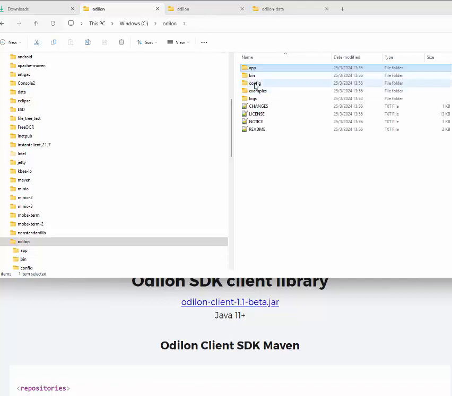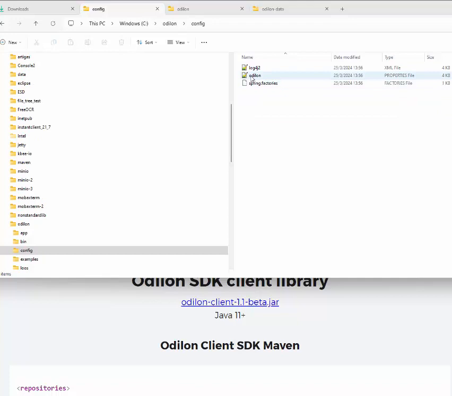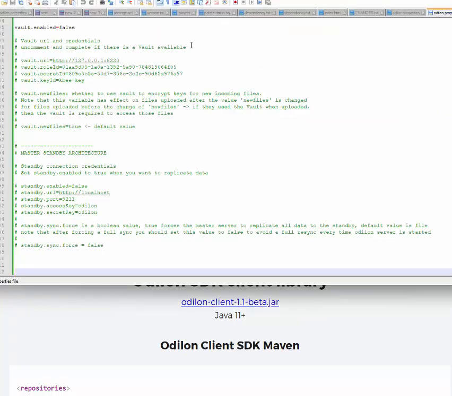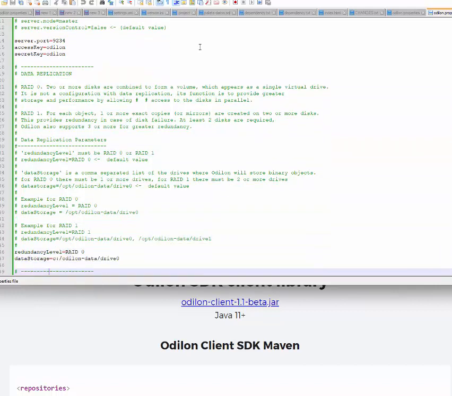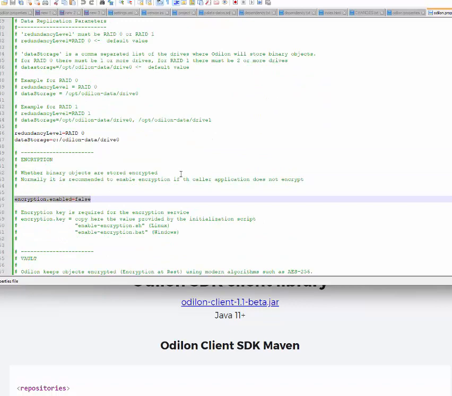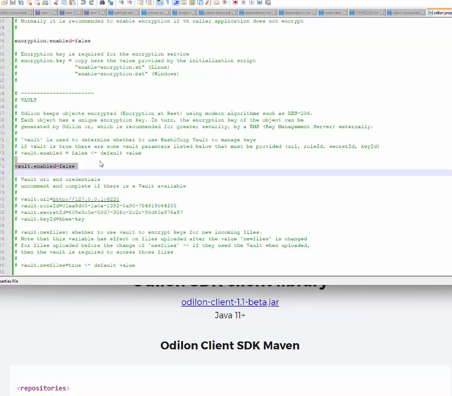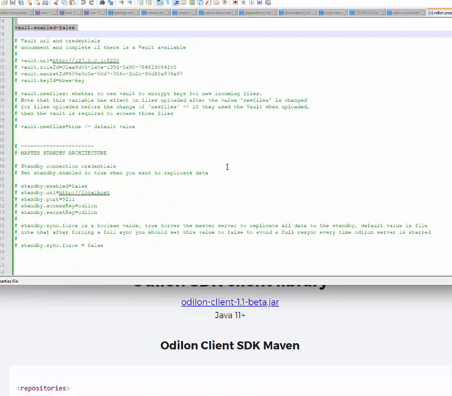And the next step is to set up the parameters. To do so, you edit the odilon.properties file, and we're going to use the default values. This is the default port and credentials. For data storage, we are going to put all files here in this directory, and we are going to use RAID 0, which has no redundancy. We're not going to use encryption, and we're not going to use key management server either,